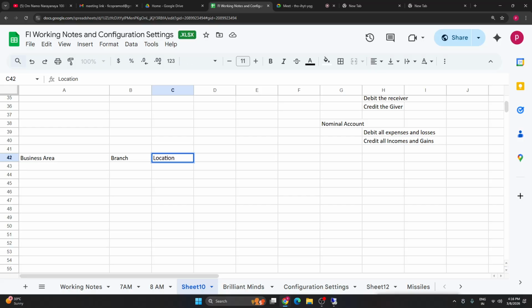Of course branch and location are the same, right? Location, and I have seen in my experience that they created it that way, as SAP has given that flexibility. You can say, for example,